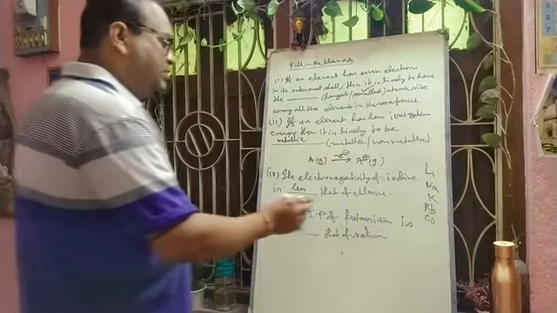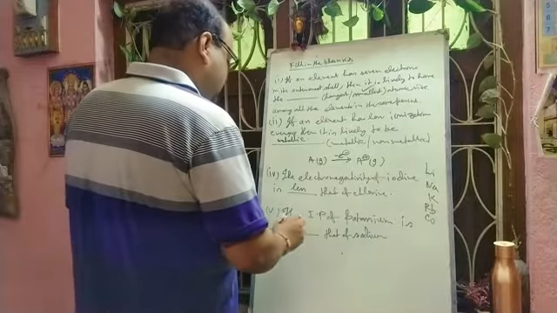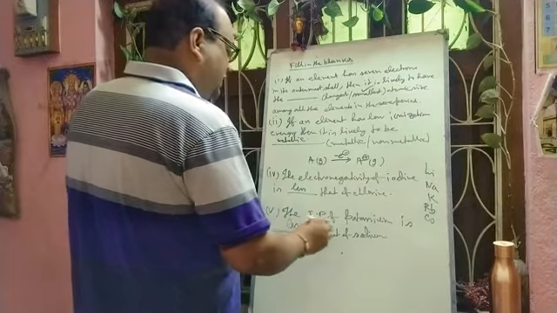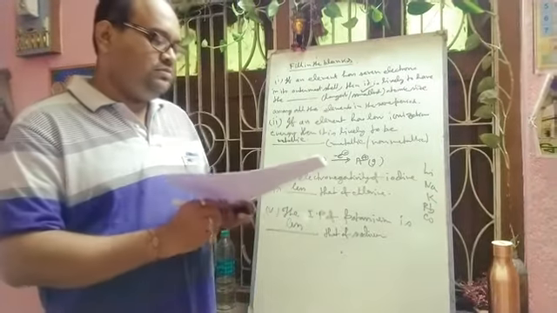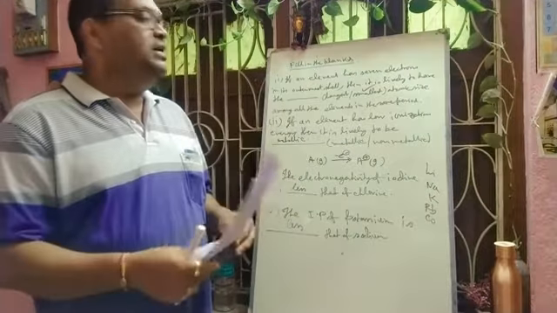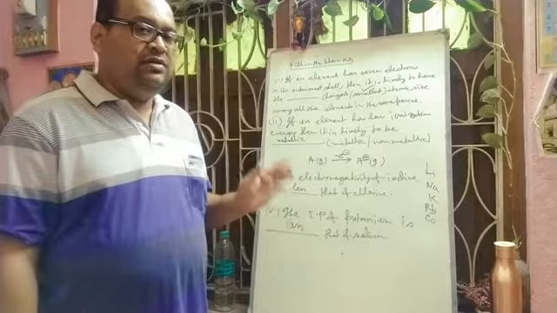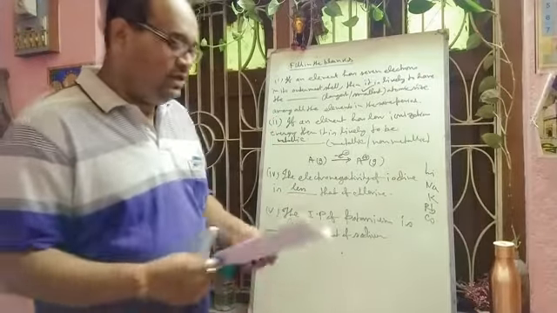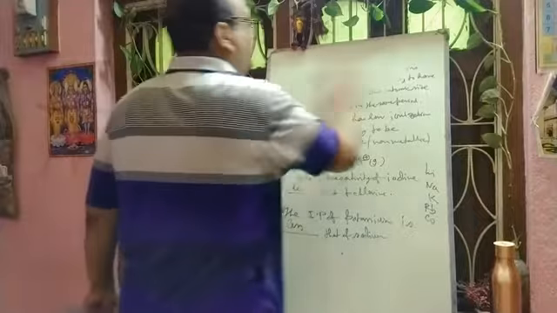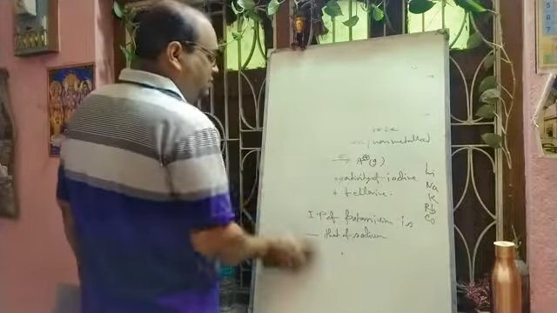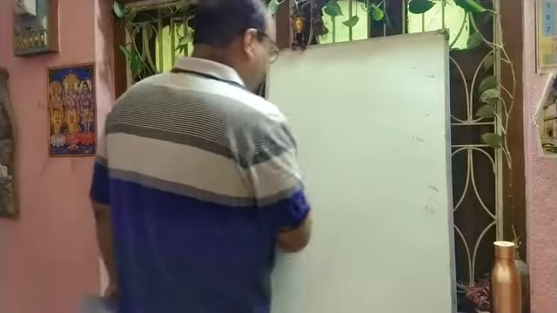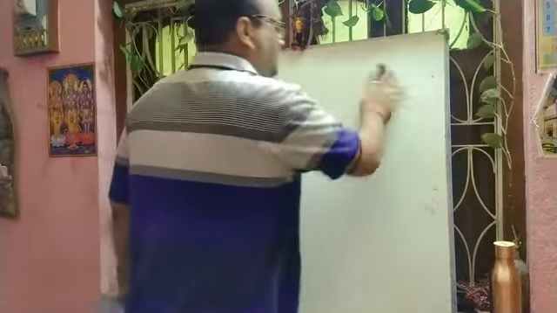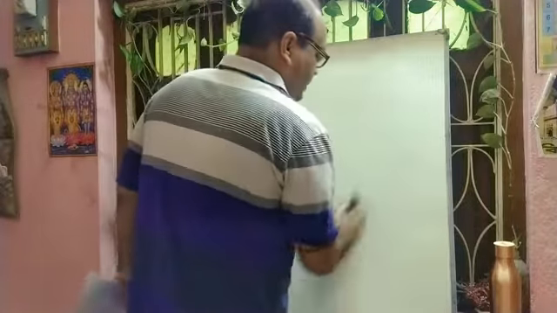Sodium has more ionization potential compared to potassium. So the ionization potential of potassium is less than that of sodium. That you have to understand. So this type of fill in the blanks questions may come in your exam, that you have to practice. And don't think this question will not come. This is the pattern I am showing for the half yearly exam. You have to practice this type of questions, and this type of questions may come in your exam.